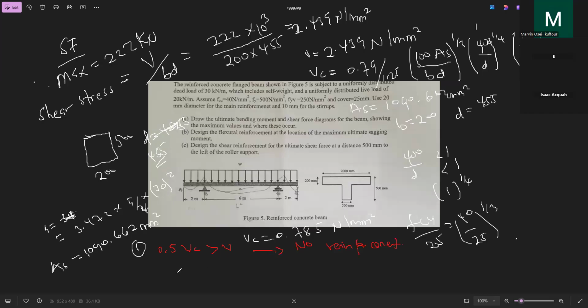Are you following? Okay. And the second condition is that you have to check if